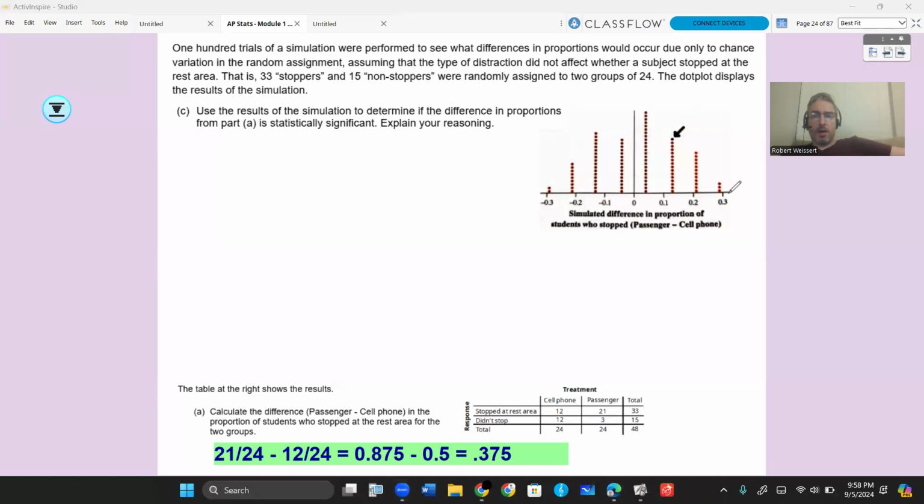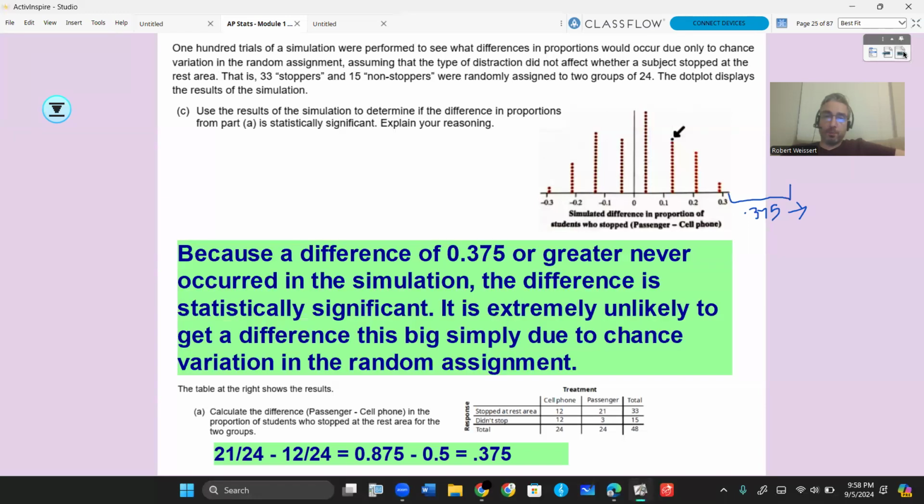We don't have any numbers out here that are 0.375 or more, okay? So that proportion from our simulation here is just 0, okay? Now, the likelihood of that happening by random chance alone is not 0, but it's very, very close to 0. So because a difference of 0.375 or greater never occurred in this simulation, the difference is